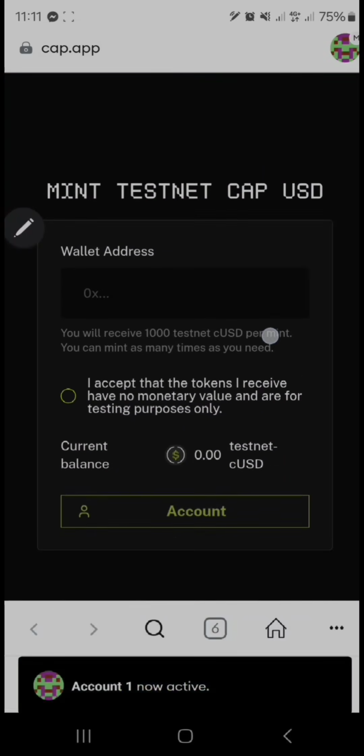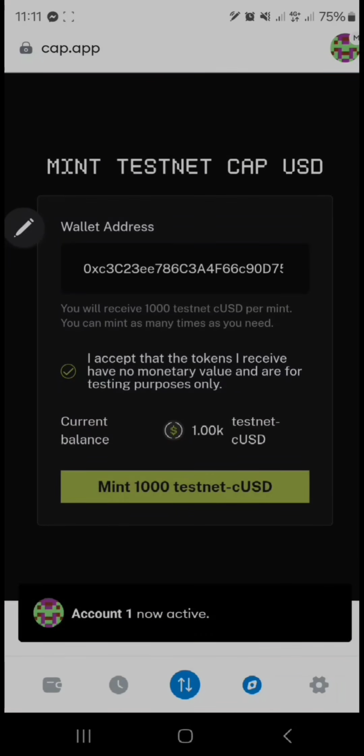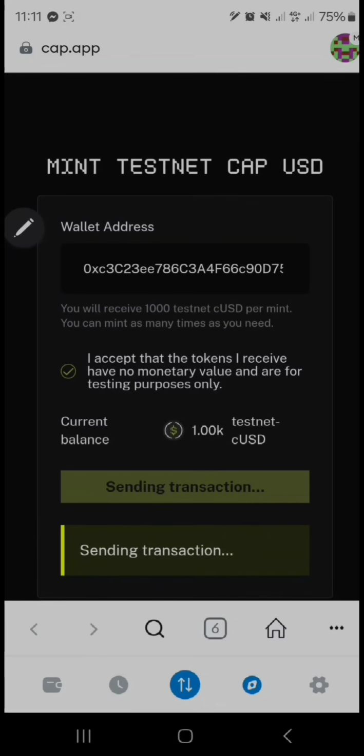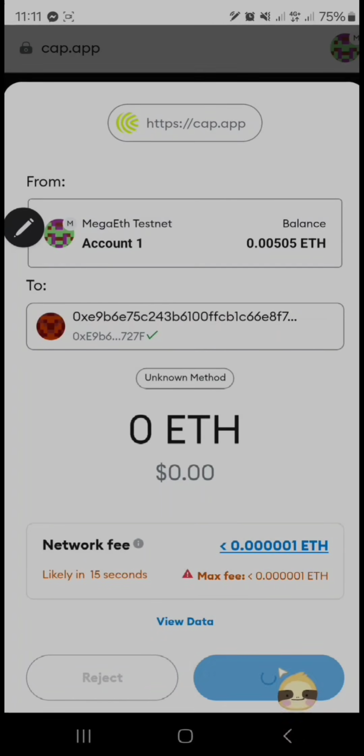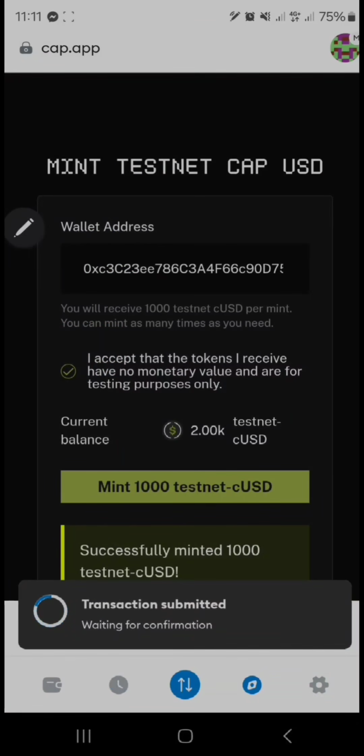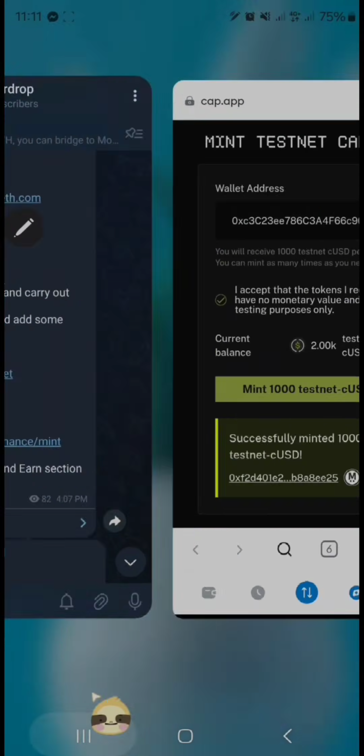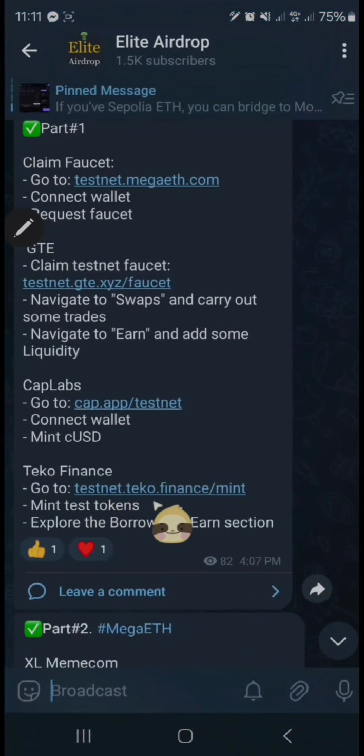So here also we have to enter our address, and it's selected by default, and then click on I accept, and we have to confirm in our wallet also. And here you can see I have minted 1000 USD, and the next one is